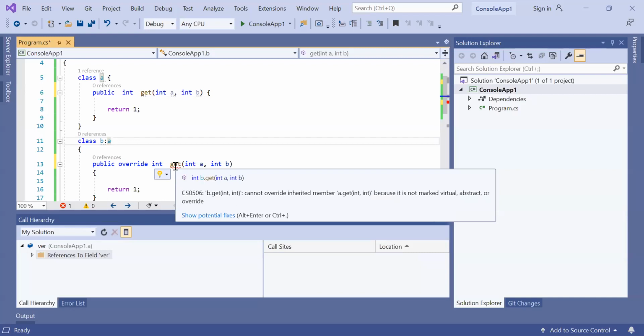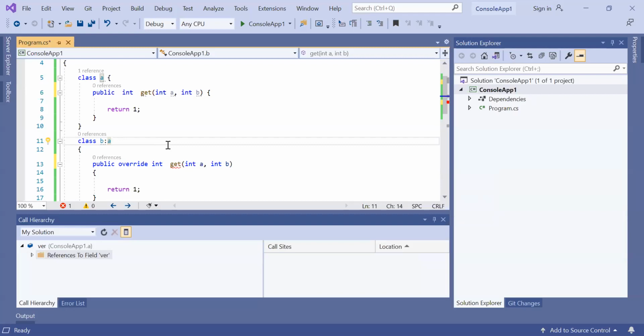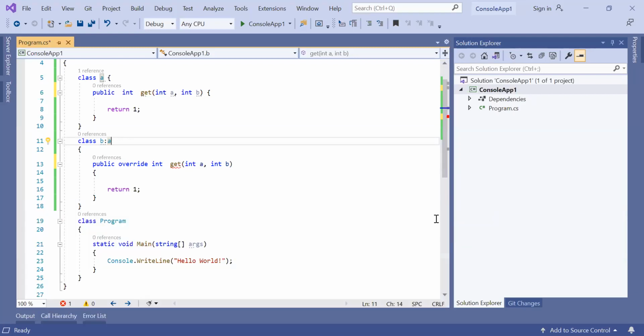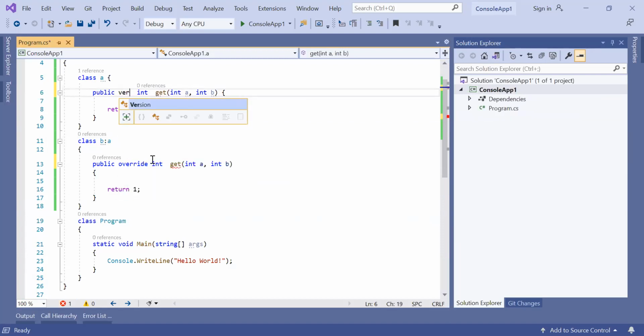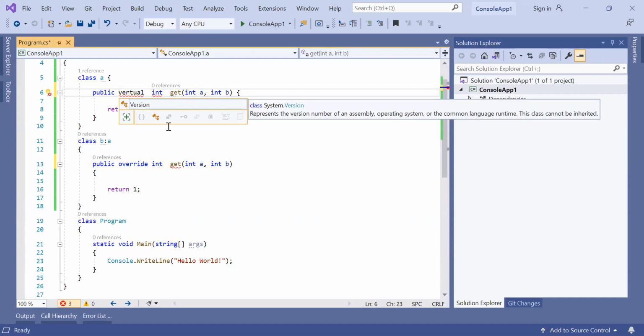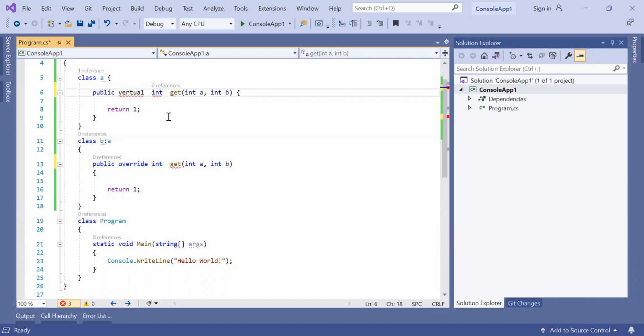So should we move next? Yes, we can move. Or does anyone have any doubt related to virtual, override, new keyword? Pankaj, if you want new behavior or a new implementation in the child, that time we use new, right? Okay, let's have more discussion about this. What is the spelling of virtual here?